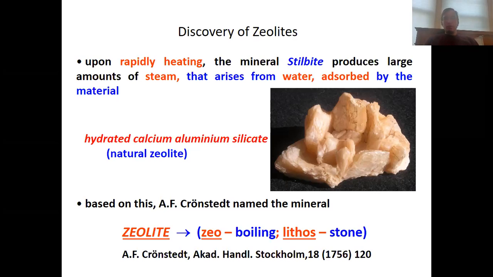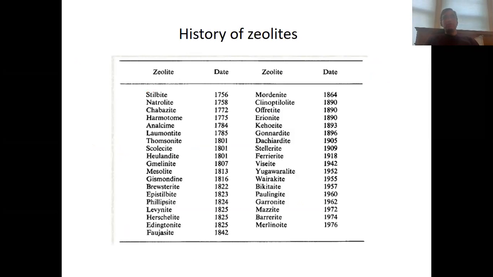Okay, so in the following, many more zeolites were discovered, and here is just a brief list of them. Many zeolites occur in nature as minerals, but many zeolites were also synthetically made, especially from the 20th century on. So today we know quite many zeolites, essentially hundreds of zeolites. Therefore,